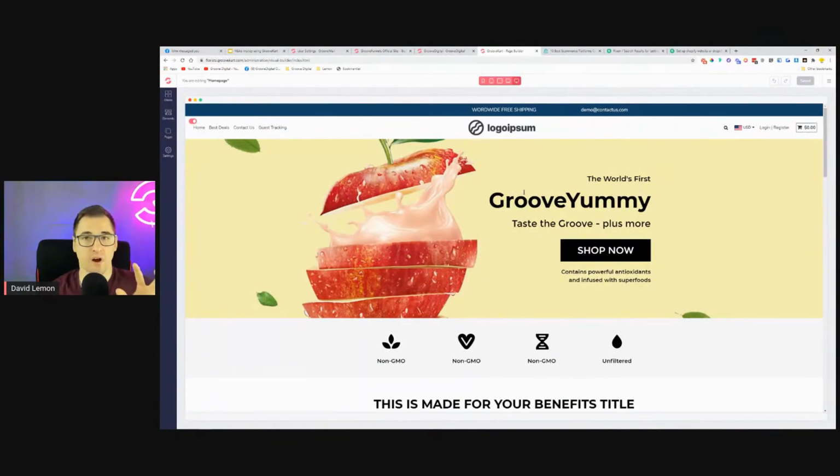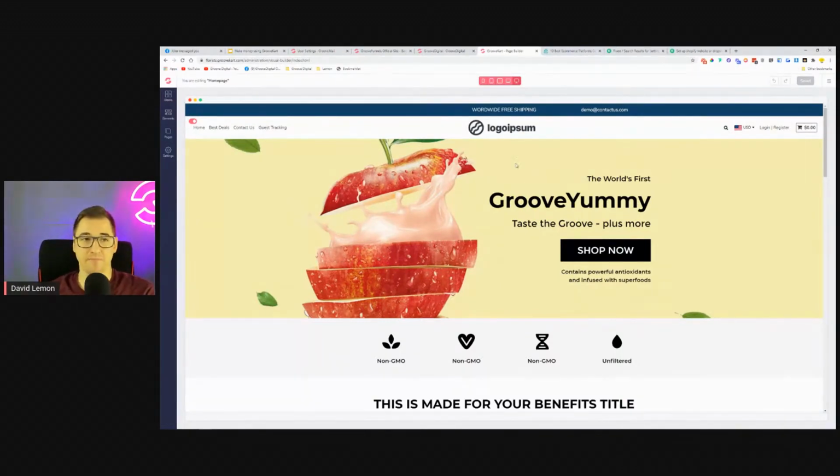The difference between GrooveKart and Shopify and other platforms on here is that GrooveKart is not a template-based platform. When you register for a platform like Shopify, they give you a couple of templates to choose from, and they give you more templates which you would need to pay for. And if you want to have something else done with that, you would need to hire help from developers that can get into the actual code of the template and then make sure that it looks like as you want it,